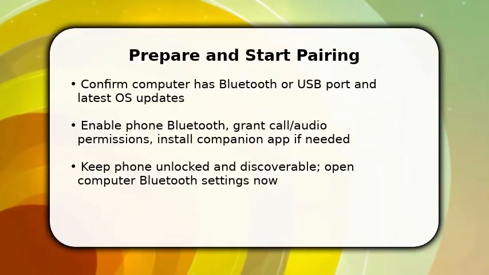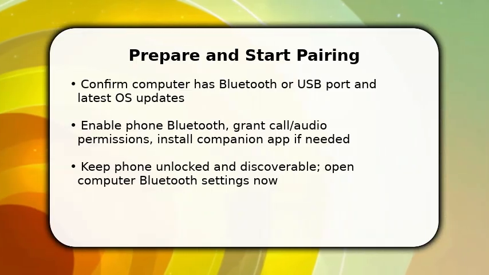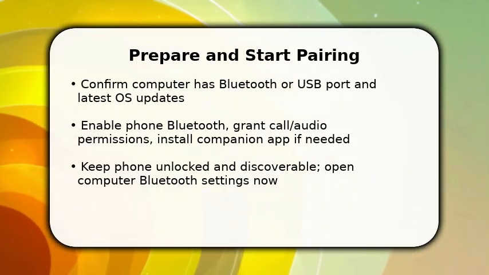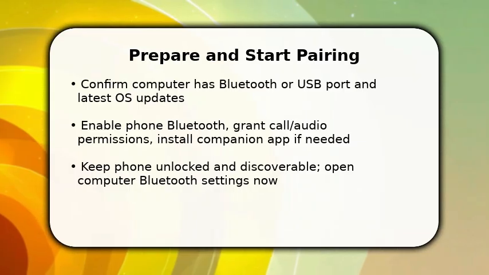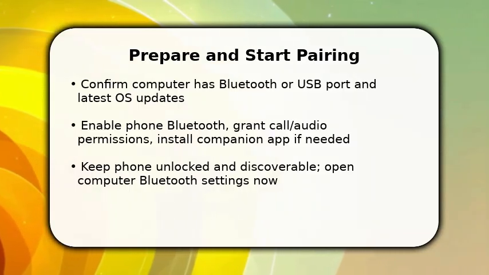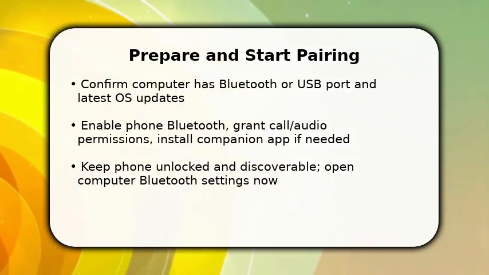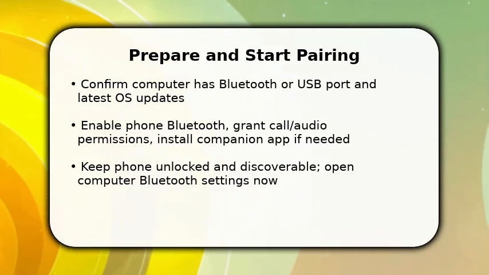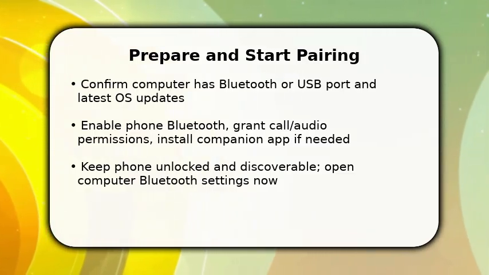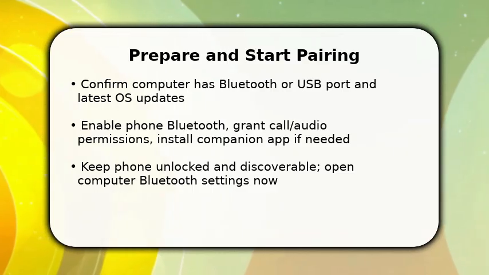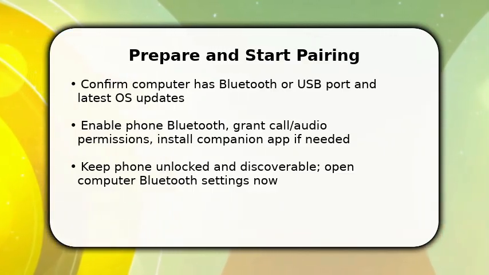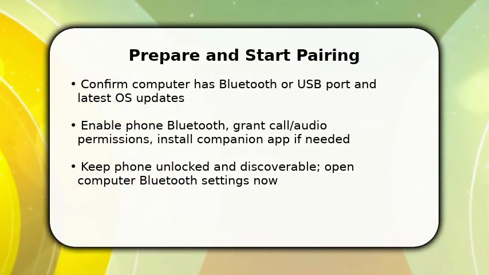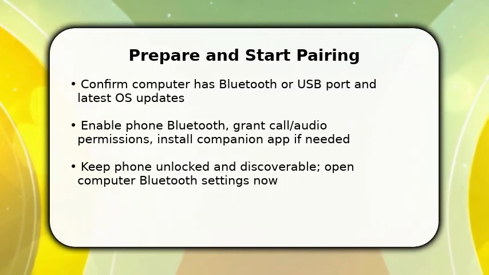You're ready to connect a phone call to your computer. Start by turning on Bluetooth on both devices and installing any companion app like Your Phone or Phone Link to Windows. Make sure the phone is unlocked and set to discoverable so pairing can proceed. On the computer, open Bluetooth settings and choose Add Device. Select your phone. Once the devices see each other, accept the pairing code on both screens to establish a secure